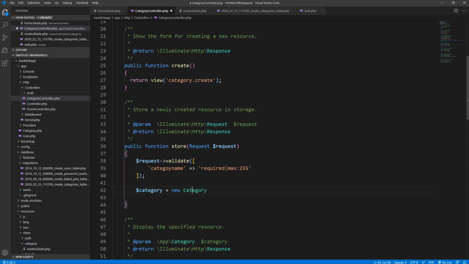Right, so we want to create a new category in our database. And we want the category name to be equal to request